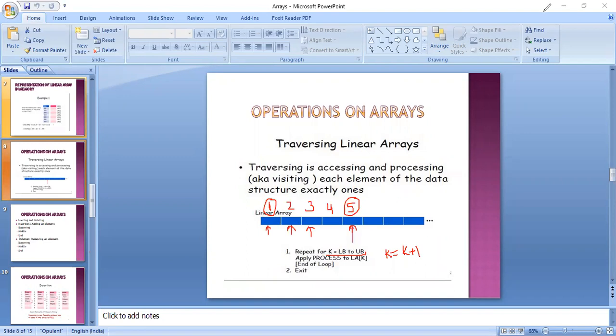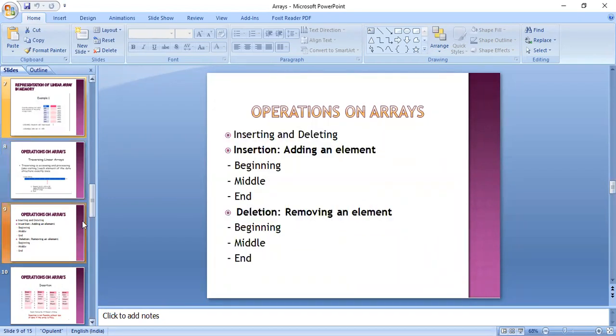So moving ahead, now we want to perform certain other operations over array. Let's see, we want to insert an element into our array. So we have the options. Either we want to insert an element at the beginning of the array, or after a given position, that is the middle of array, or at the end of array. And likewise, we can perform the deletion operation. That is, we can remove element from the beginning of the array, in the middle of the array, or at the end of array. So these are the certain operations that can be performed over array.